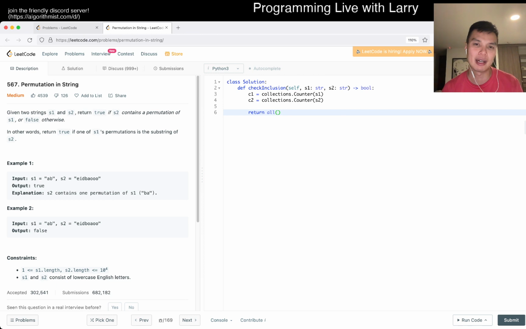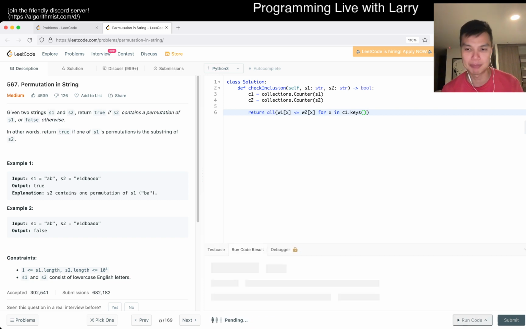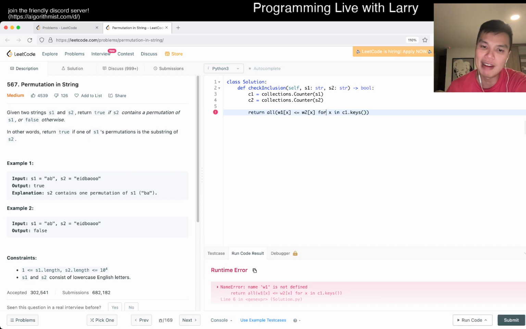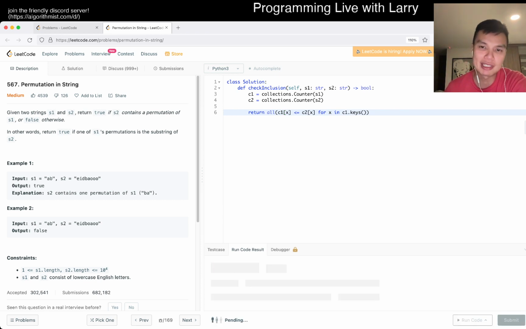So let's say counter one, we have C1 of X is less than or equal to C2 of X for X in C1.keys(), right? Something like that maybe. Let's give it a spin. Whoops, why did I write that? I think I wanted to write a different thing, but this should be okay. Basically, it's saying that for every character that's in S1, it appears in S2